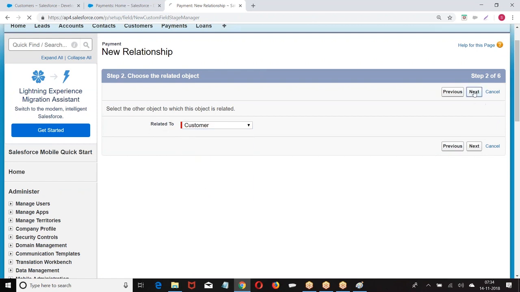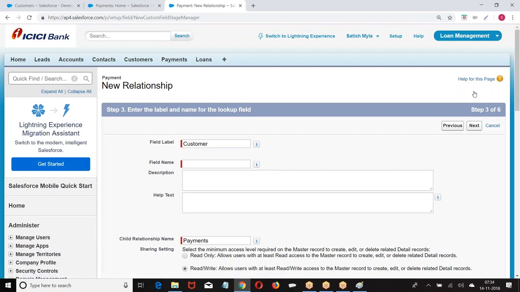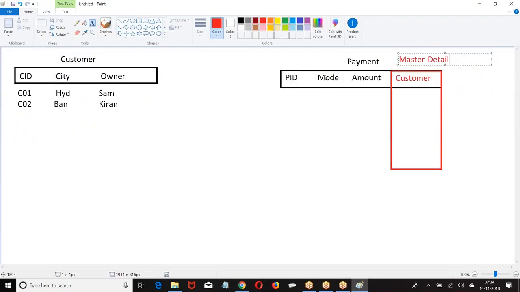So at the time of creating a master detail field, you are supposed to mention who your master is. When I am creating this, I was telling, customer object is my master. Right. Now, where will you create the field? When two objects are having a one-to-many relation, where will you create the relation? Let us say I have one customer, many payments. Always the master detail should be created on the many side. One customer, many payments. So the relation will be on the payment object.